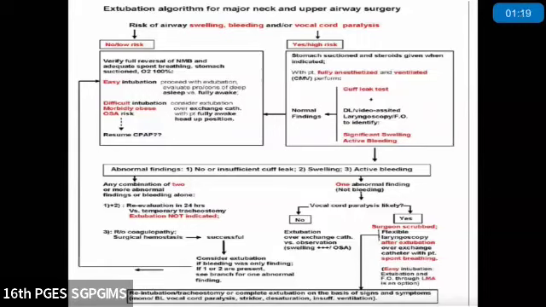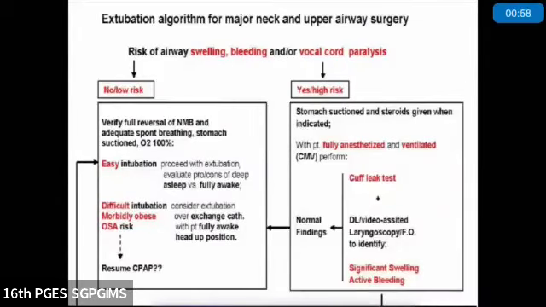If the patient doesn't have these 3 things, the patient falls into the low risk category. And if the patient was not having a difficult airway, we can extubate after the patient's efforts come and you have reversed. But if the patient is in the high risk category, then